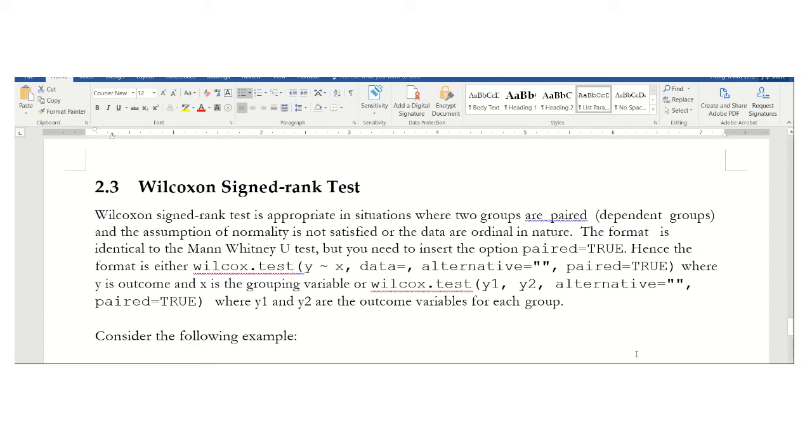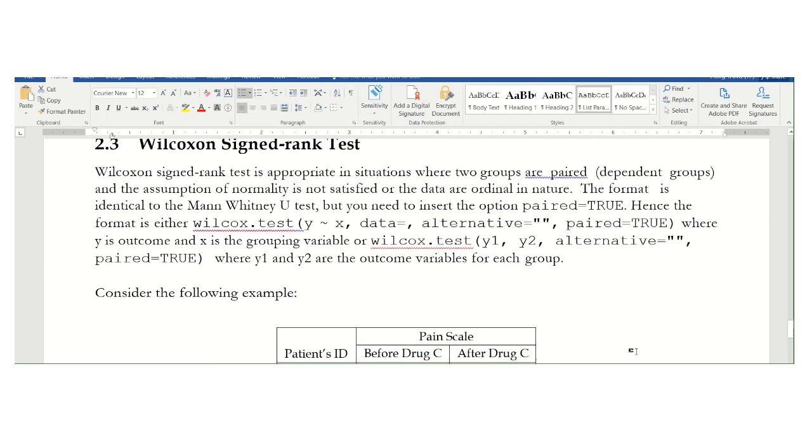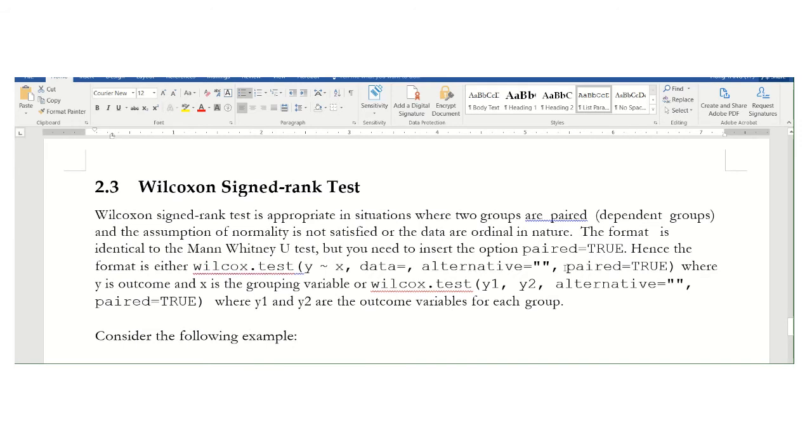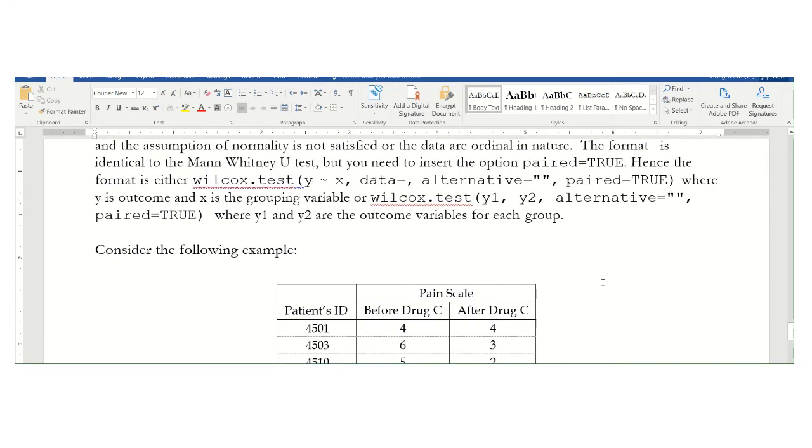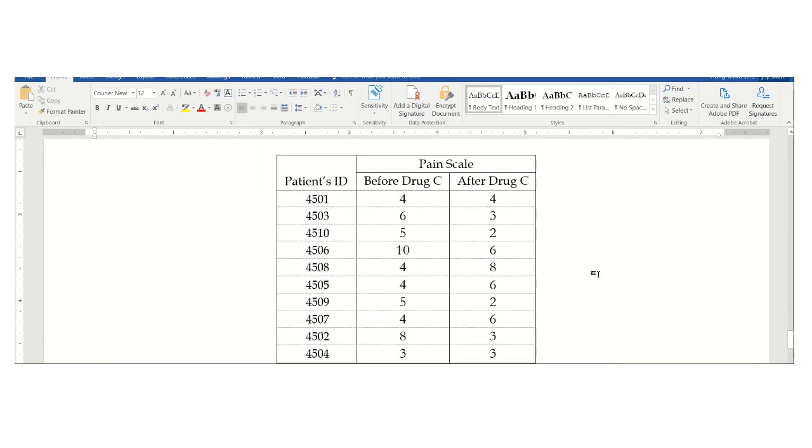The command in R is very similar, right? The only difference is that you are going to give a paired at the end. So you just write down paired equal to T, capitalized T, or you can just give the full name as TRUE. Okay, so let's look at the example. We are going to perform the signed rank test. So in this case, you have